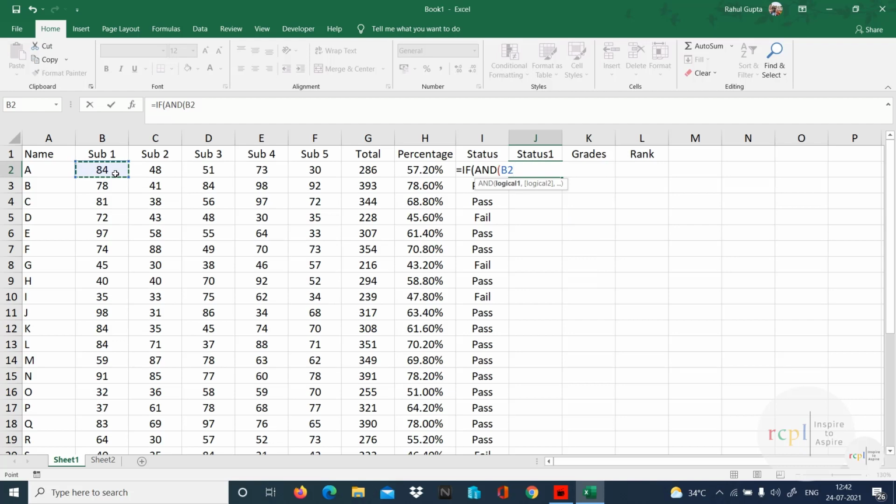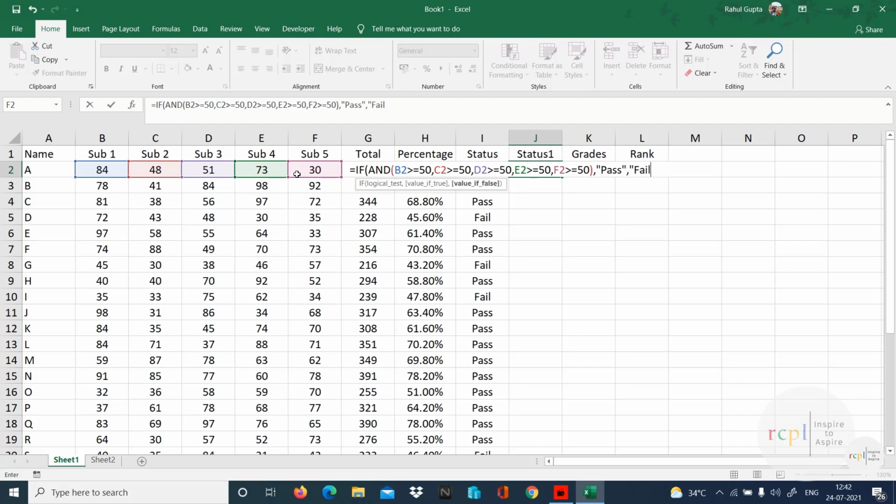Is this logic greater than or equal to 50? This is greater than or equal to 50. This is greater than or equal to 50. This one is greater than or equal to 50. And this one is greater than or equal to 50. If all of them are greater than or equal to 50, then pass,